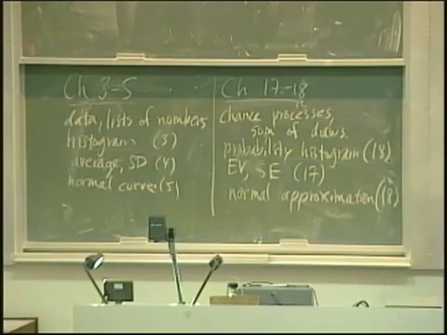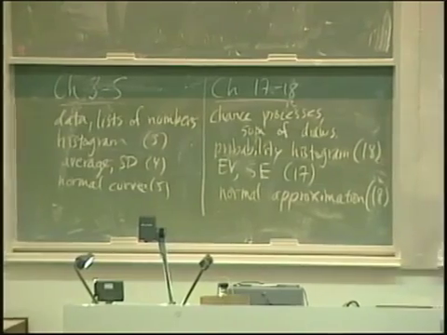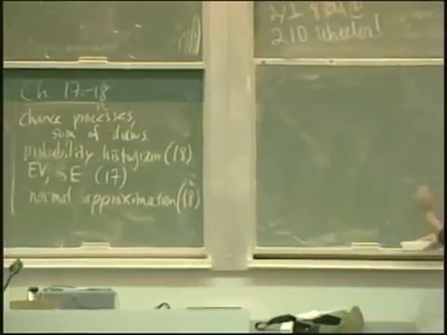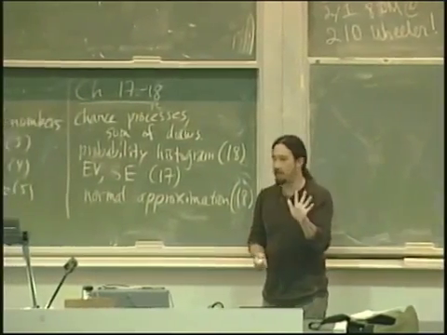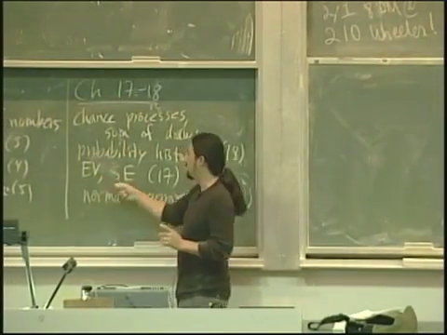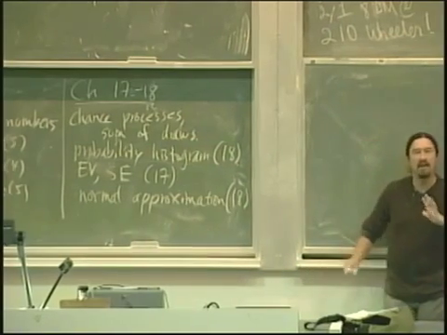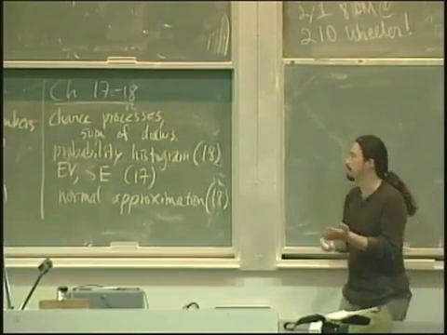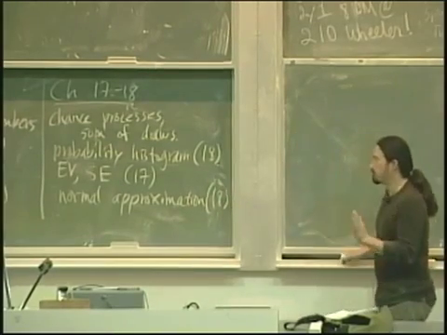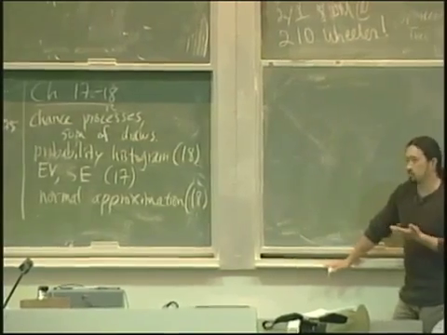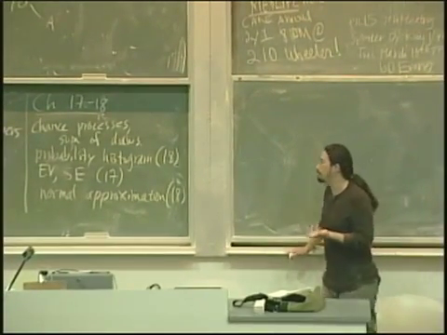Okay, so to finish up chapter 17, there are a couple loose ends I wanted to do. Let me talk about chapter 17 bit by bit. Chapter 17 has 5 sections. The first section talks about expected value. The second section talks about standard error. The third section talks about the normal curve in a very loose, intuitive way. And I've talked about it at about that level. I'm not going to say anything more specific about 17. I like to wait until chapter 18 to do it in detail.